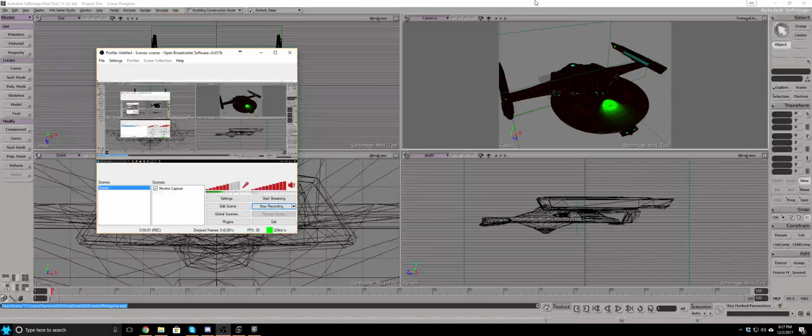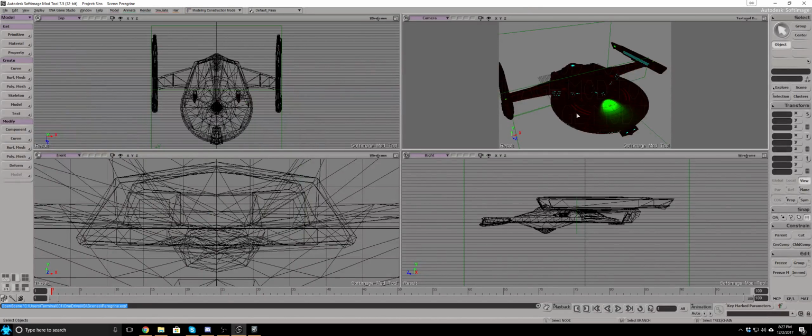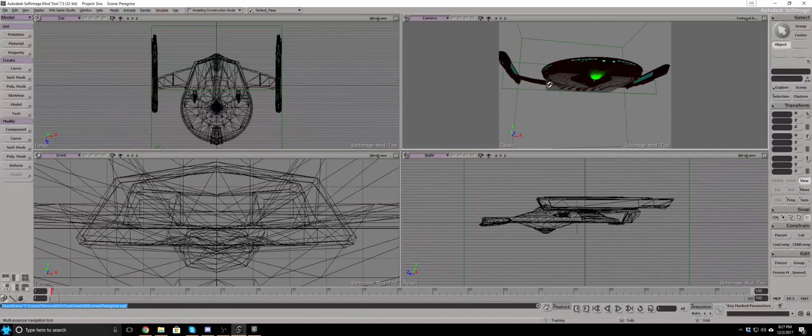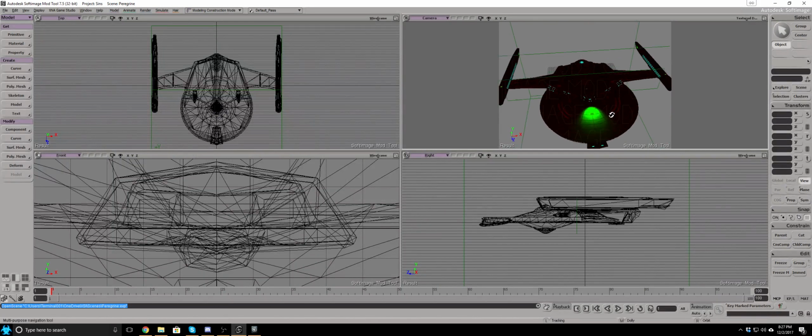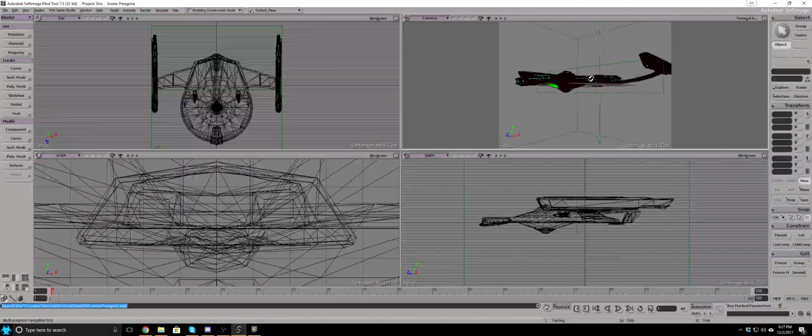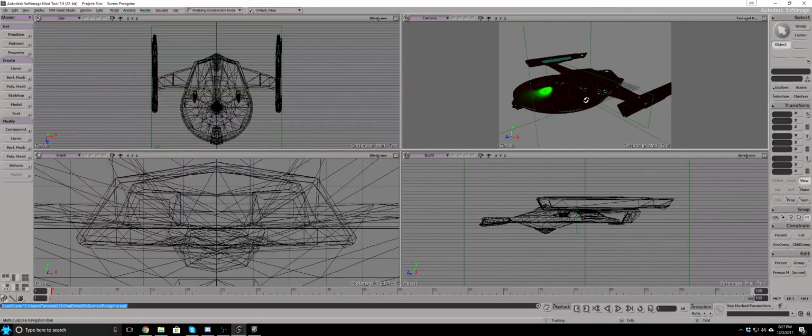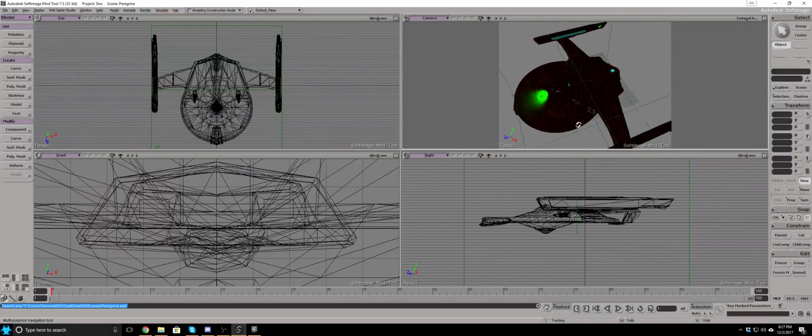Hello, this is a tutorial on how to do hardpoints in XSI for Sins of a Solar Empire. First off, here's my model that I'm working on. This is my Peregrine Corvette for the Star Trek Yesterday's Past mod, and I will show you how to start